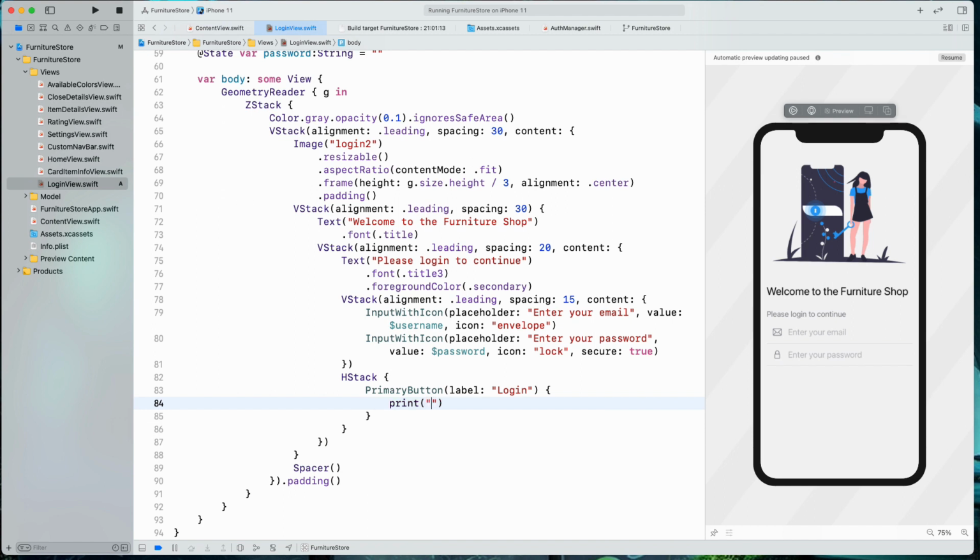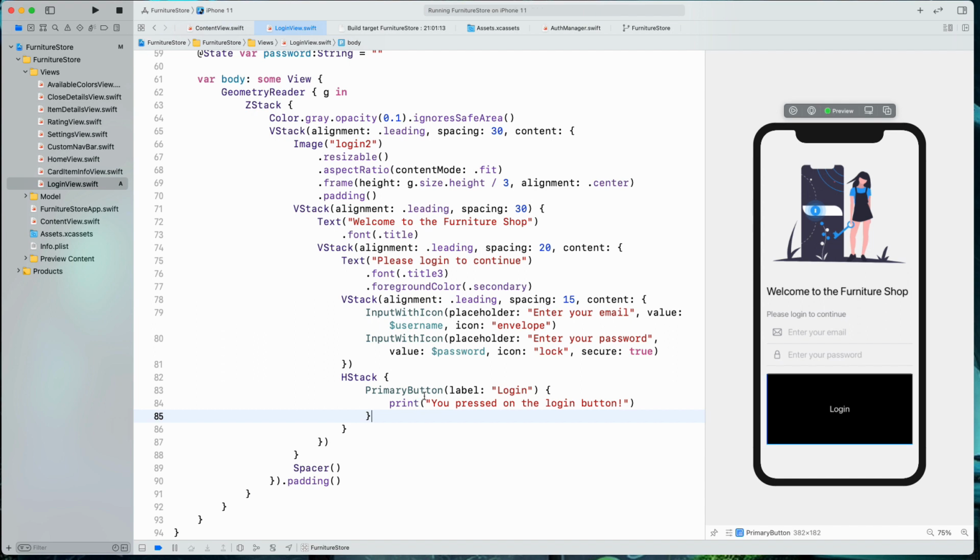We'll say print you pressed on the login button. Okay, let's hit save, let's hit resume, and yeah, the button looks big, but let's use the frame,